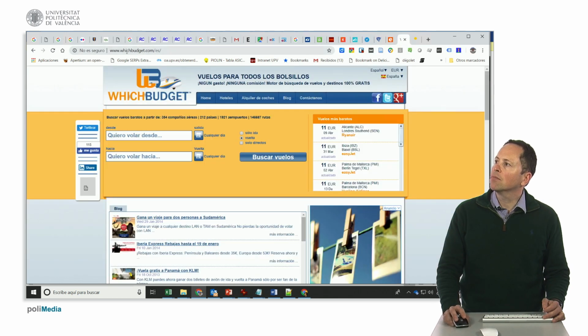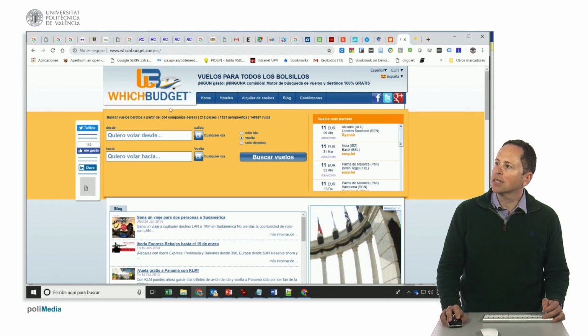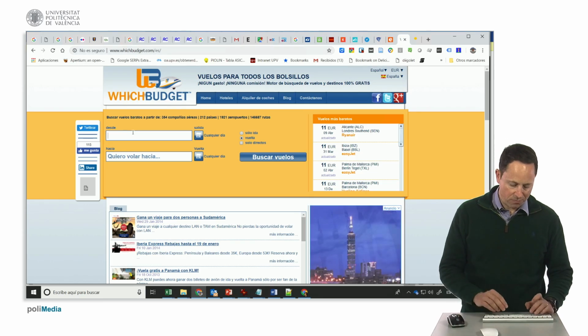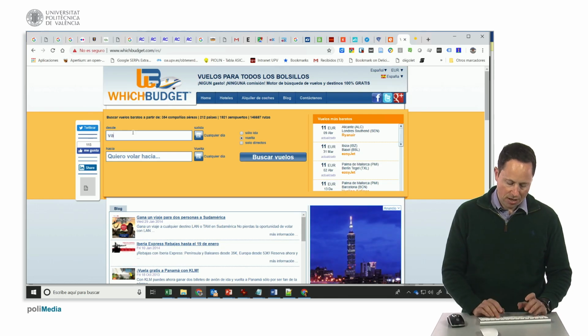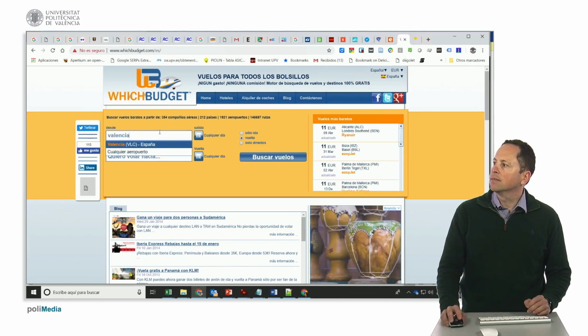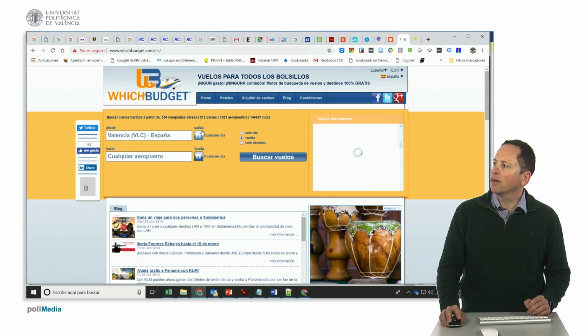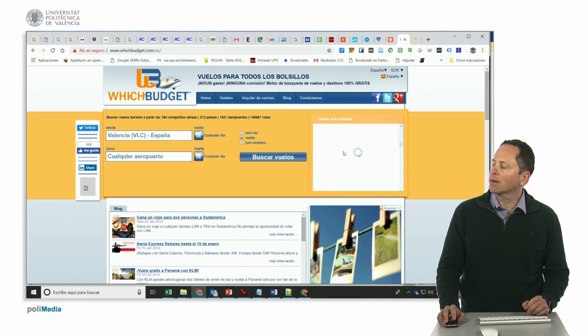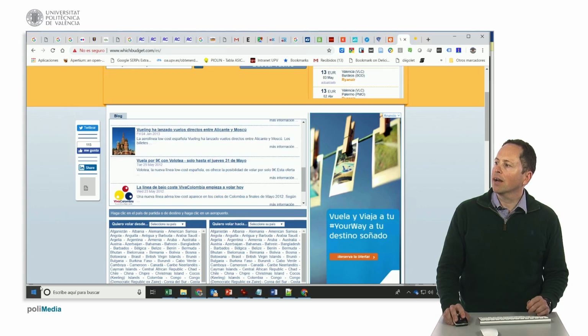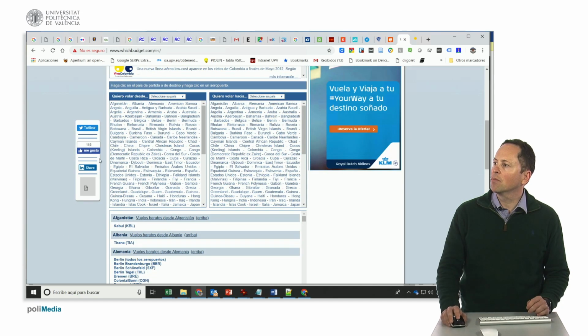Finally, I wanted to mention a tool called whichbudget.com, which is which budget in English, that focuses on low-cost carriers. So I tell it that I want to fly, for example, from Spain in general, or from a specific airport like Valencia, and I tell it any departure and return day. And it will search for the cheapest flights to different airports. If I scroll down, I can specify the country of departure. For example, I can set the